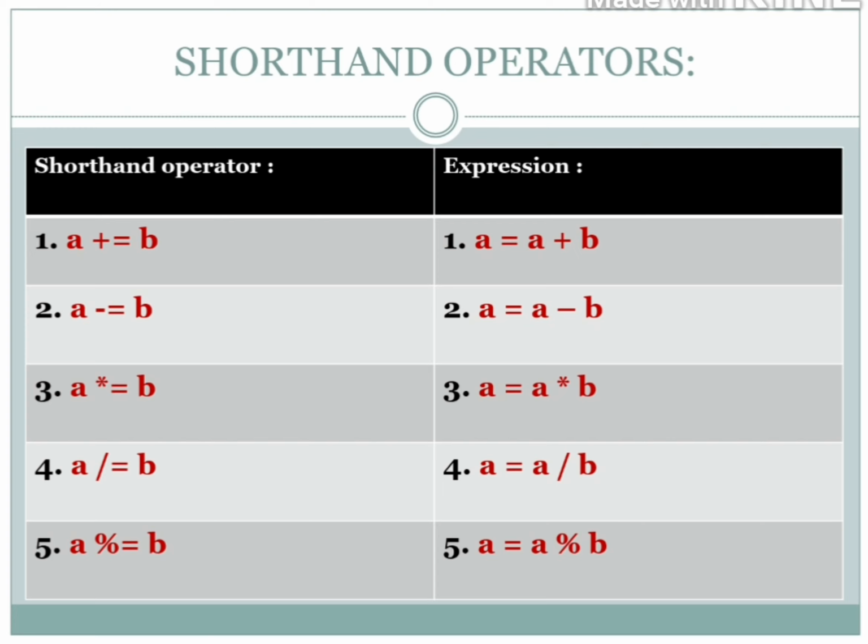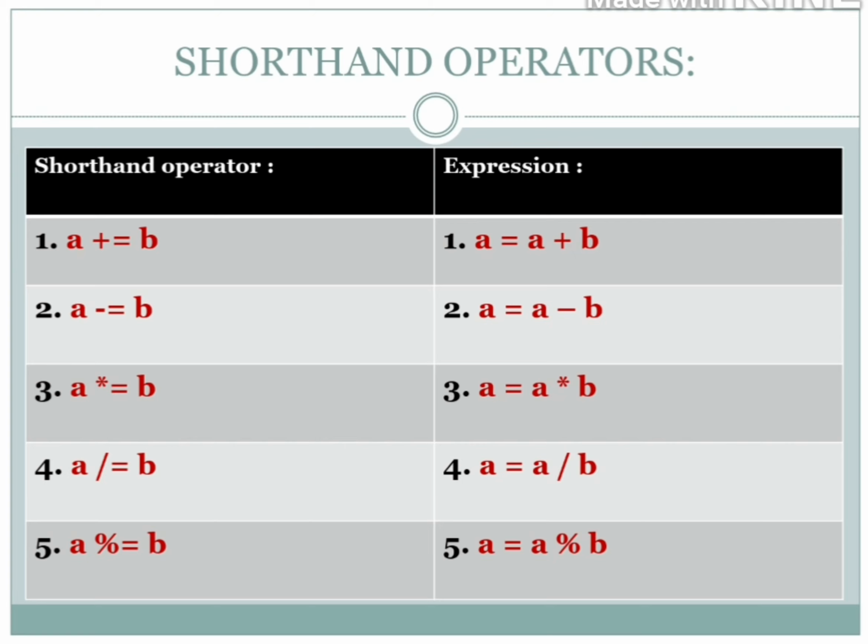Then again, another section contains 20, so 50 plus 20. It means I want the previous result, and I'm going to add the new one to the previous one. If this kind of thing happens, then you have to use a shorthand operator. The previous result is added with the new one and stored in the same variable.